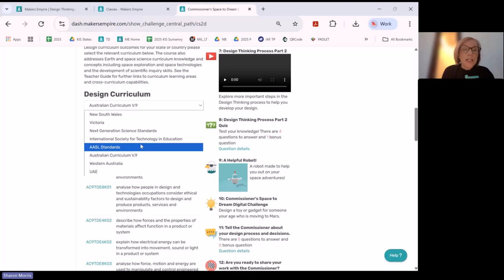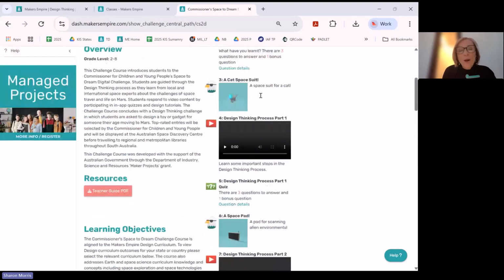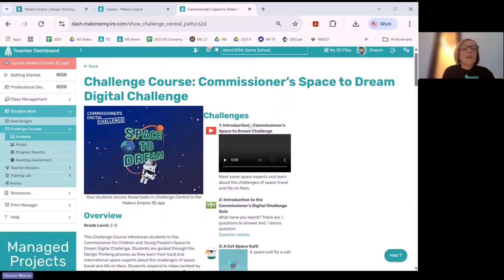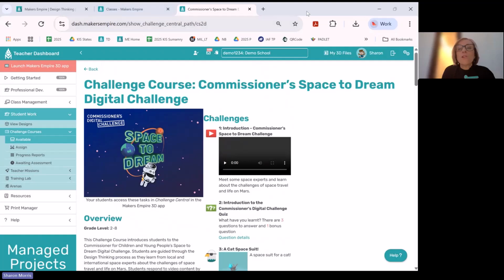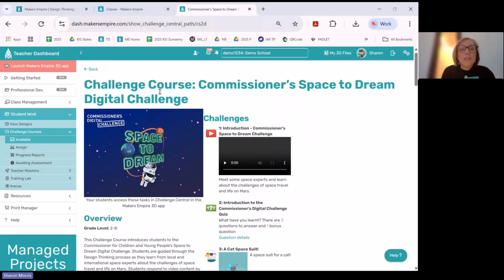So for South Australian people, you would be using Australian Curriculum version 9 currently. And next year, this will say South Australian Curriculum. All right, and then all the components of the challenge course are also outlined down there on the side. So that's what a challenge course looks like inside. I'll just show you,